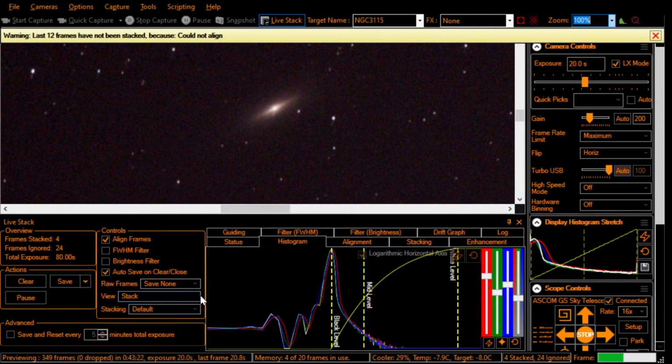I think we'll save that, and I think I'll just capture a real quick image of it for the little thumbnail sketch too, in the targeting software, and we'll just call it. Is it 3115? Is that what it's called? NGC 3115. Yeah, NGC 3115,